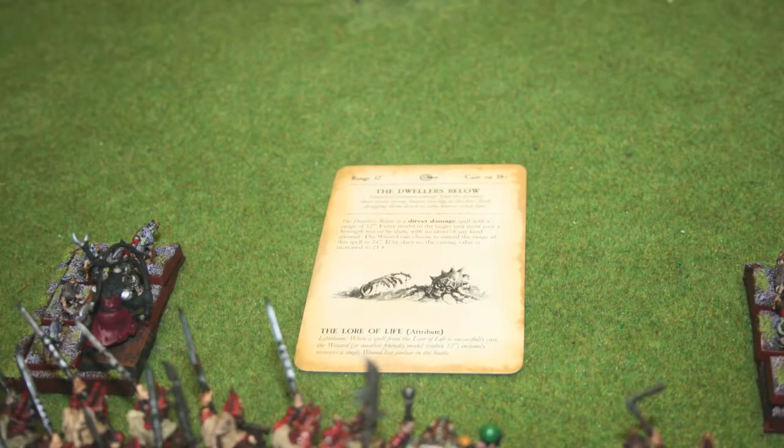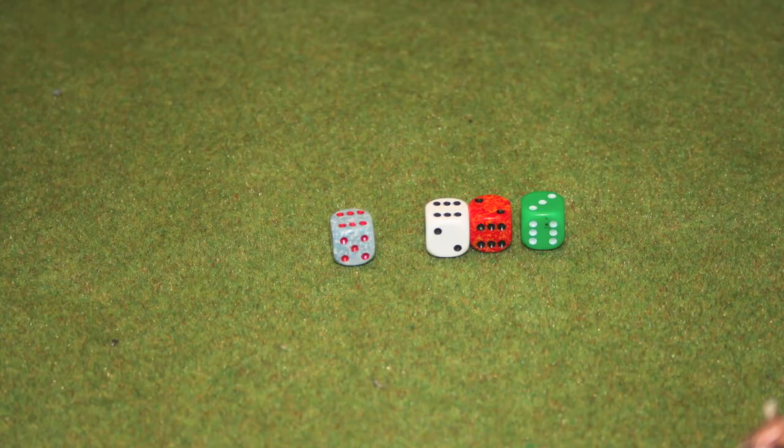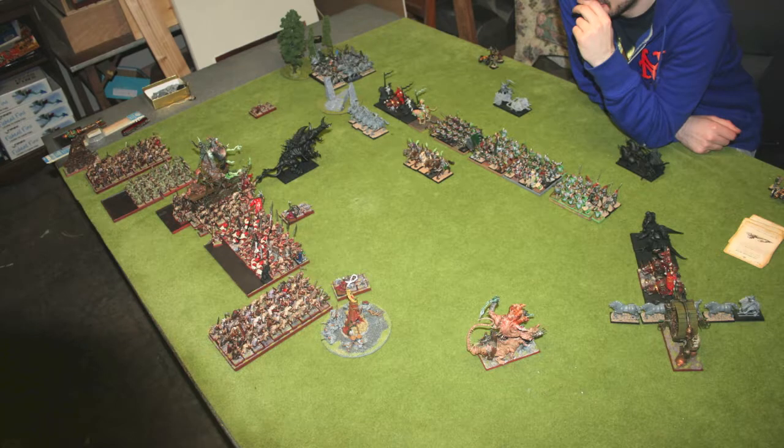So he casts Dwellers Below, which is awesome, but I go ahead and dispel it with 2 6s, which is great. I also have no scroll, so I kind of got lucky. If it had gotten off, I probably would have lost about half of my Storm Vermin. But that's it for Rich's turn, so we go ahead into Skaven turn 2,